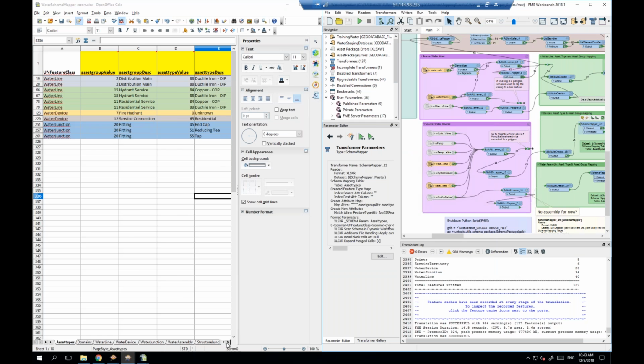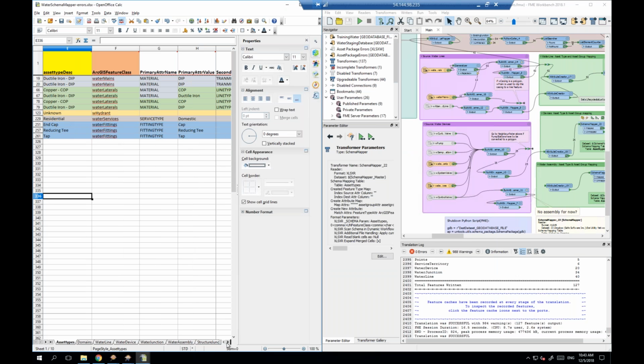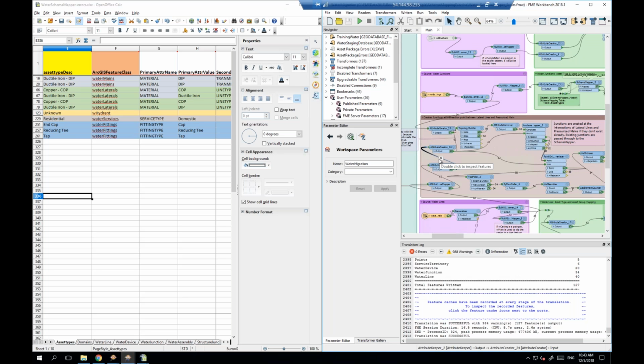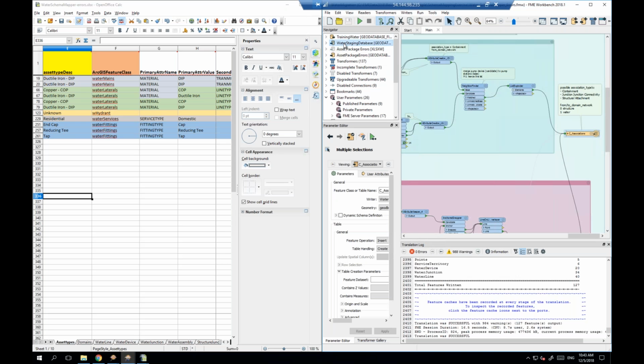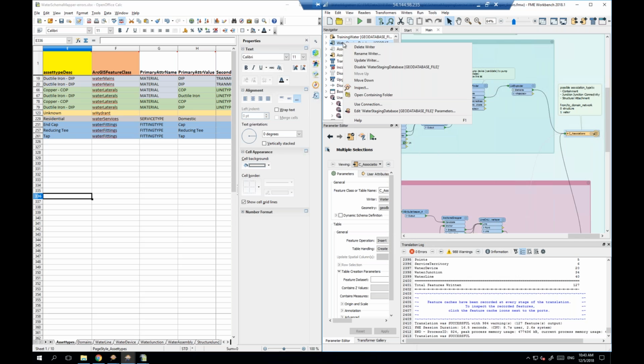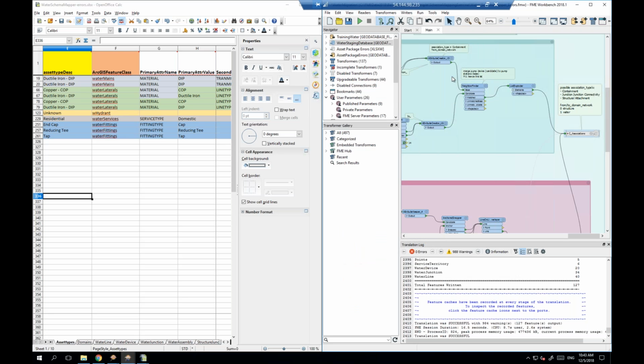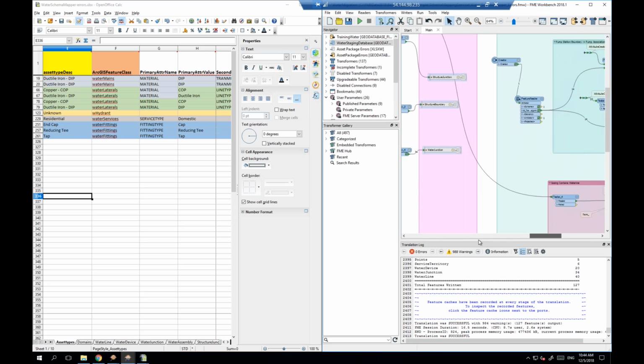Scroll over to the filters. So I'm just going to, we're going to disable the writer because we're not going to write out the output. So if I select the water staging database up top in the navigator pane, if I right click that, I can click disable. Just going to turn off this parameter editor window. There we go. Now if I scroll back over,